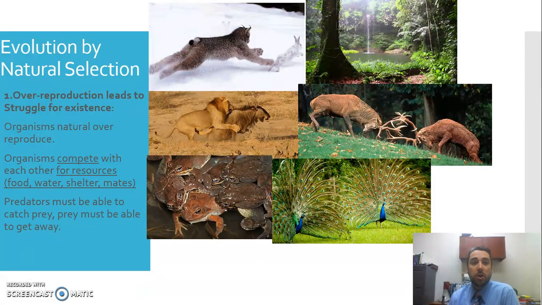Okay? So over-reproduction, that's the first part. As organisms are reproducing, we naturally make more than are going to survive. Okay, so over-reproduction is the first part. We have a struggle to exist. When we think about the lynx and the rabbits, well, the rabbits are going to make a ton of rabbits. They'll make like 8 at a time because they know not all of them are going to survive, right? And so we have this competition happening due to this over-reproduction, right?